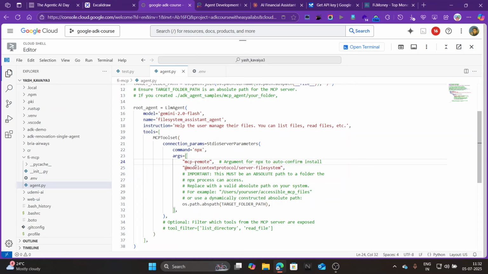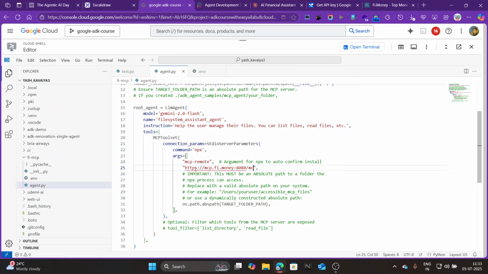And yeah, so basically npx mcp-remote. Here we run MCP as a remote, so we need to give a particular URL, https, mcp.file.money colon 8080 slash mcp.